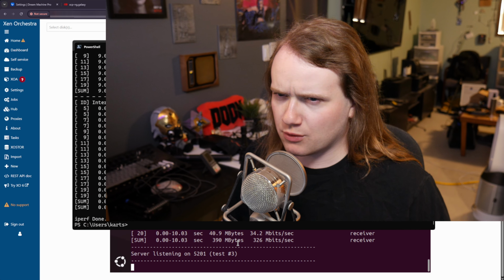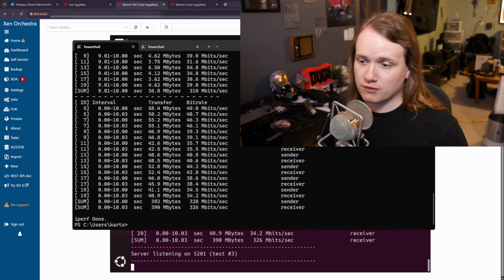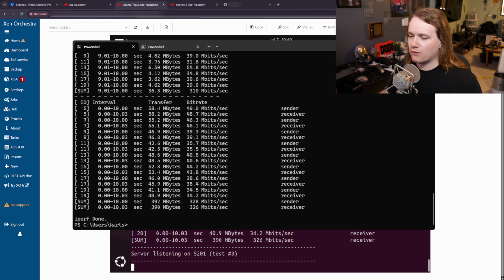So the Ubuntu VM is configured, I think, with only 4 gigs of RAM, but I have pushed this Ubuntu VM with iPerf 3 to 10 gig before, or like 9.3 gig, something like that. So I know it can do a lot more, especially when doing multi-stream. It's the same VM I've used for some other testing that I did. So I know for a fact that we're bottlenecked at this point by the Dream Machine Pro,